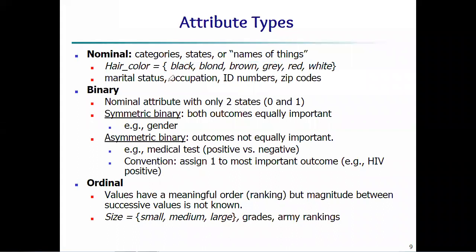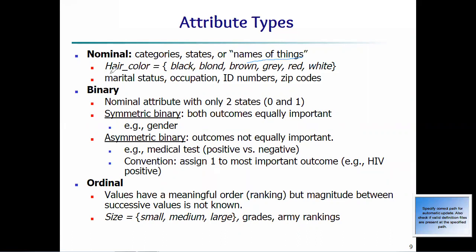The attribute types are nominal, binary, ordinal, then synchronous, asynchronous; that point we'll see. But before that, you tell me, the nominal attribute comes under which data? Quantitative or qualitative? Qualitative. Yes, please clap for her. Yes, it's the correct answer. Nominal comes under qualitative data, means categories, or we can say the names of things.